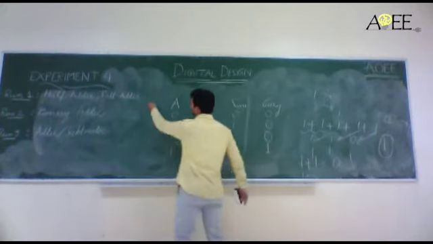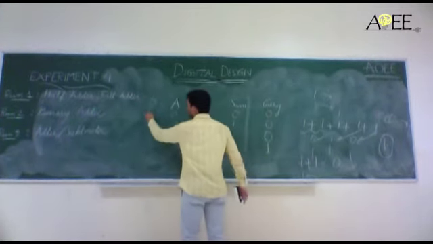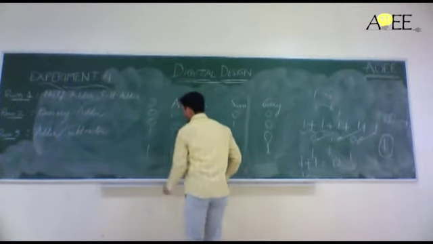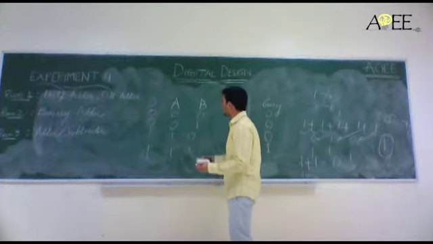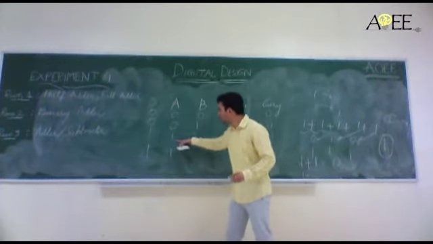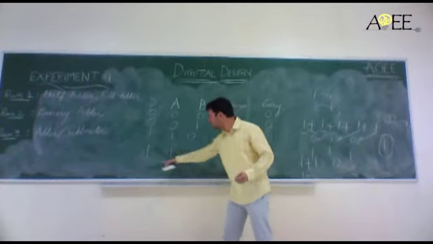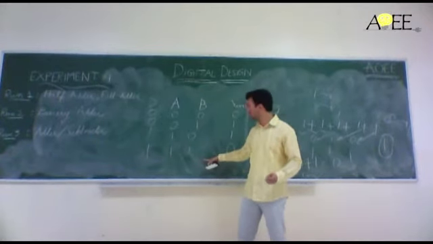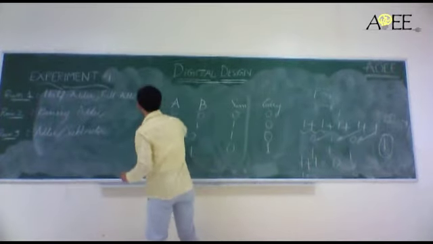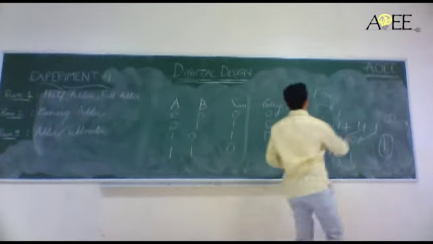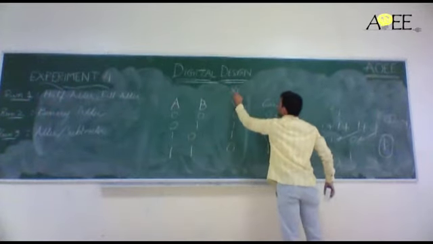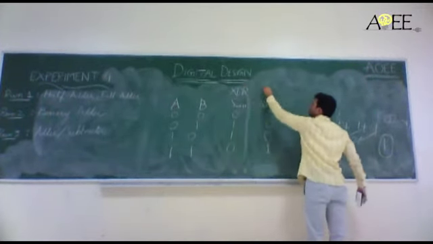So if I have 3 bits, suppose B is another input, this is 0, 0, 1, 1. Let's say, here the majority is not 1. Here the majority is 1, so carry will be 1. Majority is 1, so carry is 1. Okay, so this is how the carry function and sum function are written. This is XOR and this is majority.